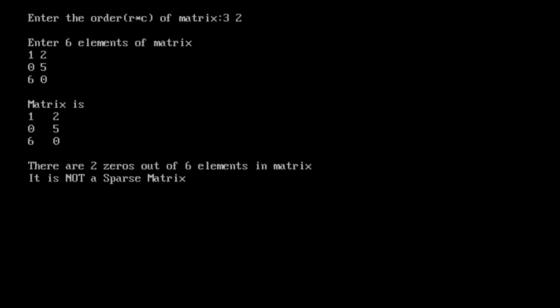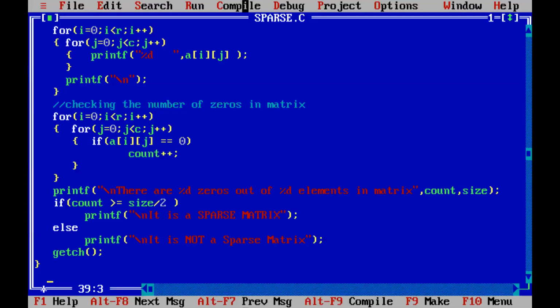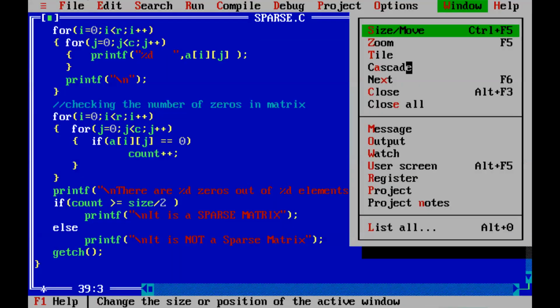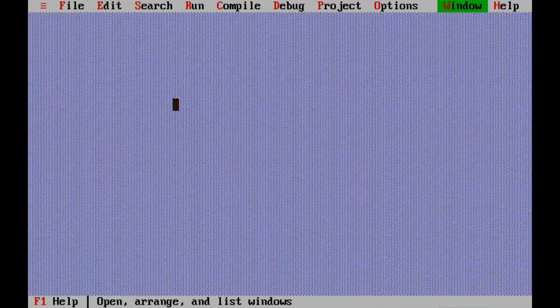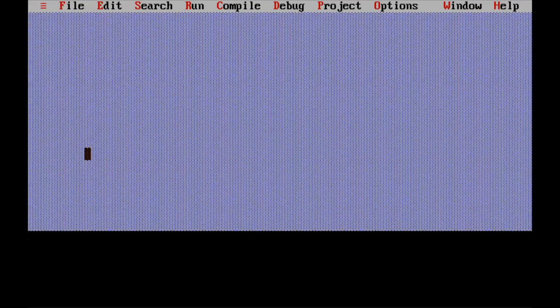So how many zeros are there? There are 2 zeros out of 6 elements. So if the number of zeros is greater than or equal to half of the number of elements, half of 6 is what? 3. Okay, so now this is not a sparse matrix, and this is your program. So we'll exit it, then